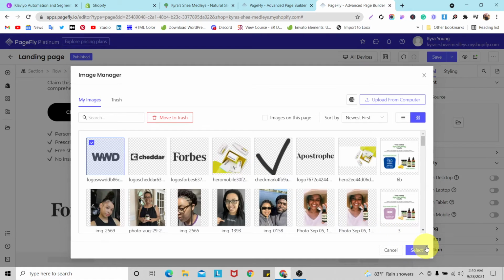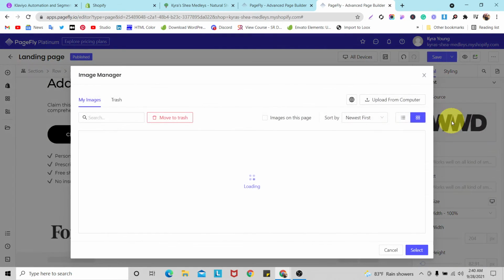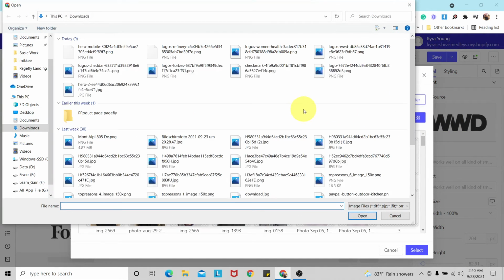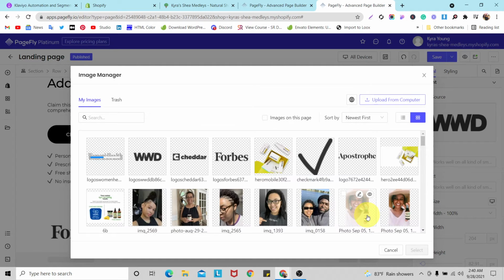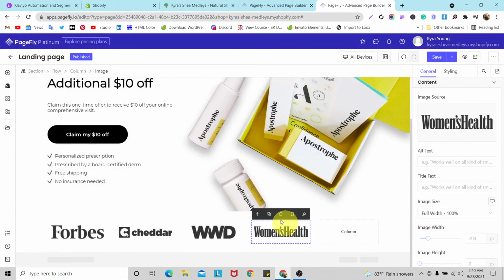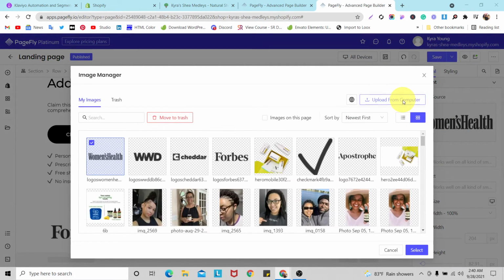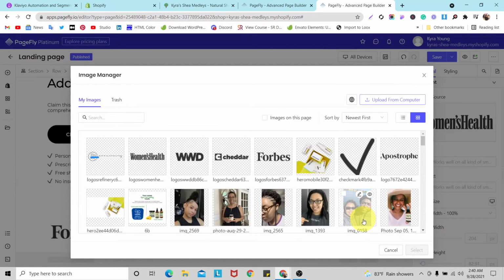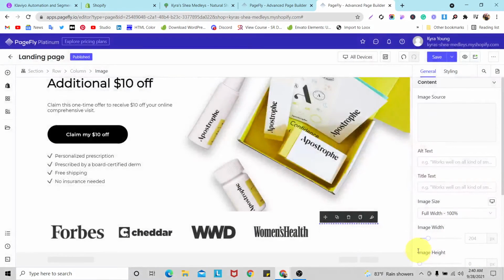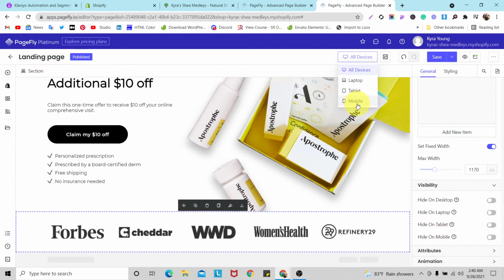So I'm not going to take too much time, I think. And now I'm going to add another client logo, I think this one. Okay, and the last one also I'm going to add. And I'm going to add, like, which one, this one. Okay, open. So select. So here you can see that now this is our section, and when you are going to go